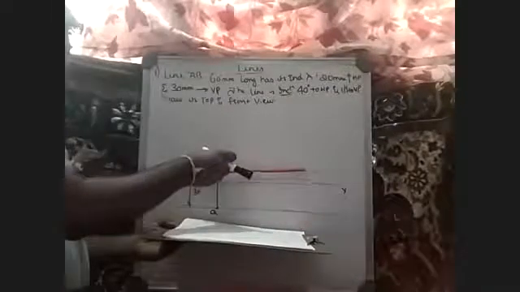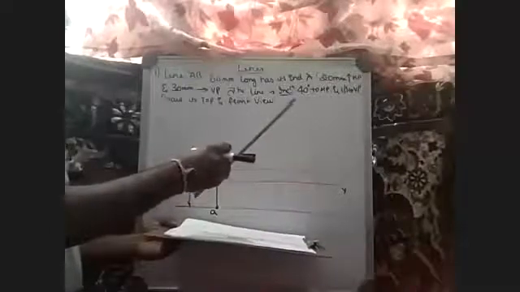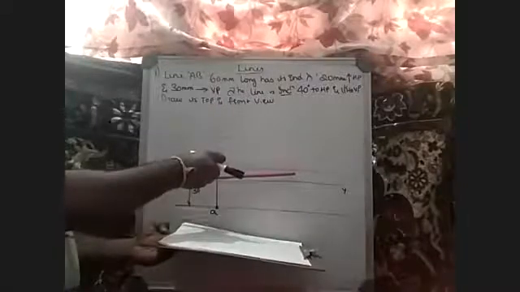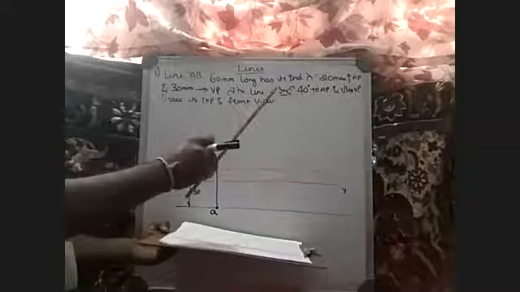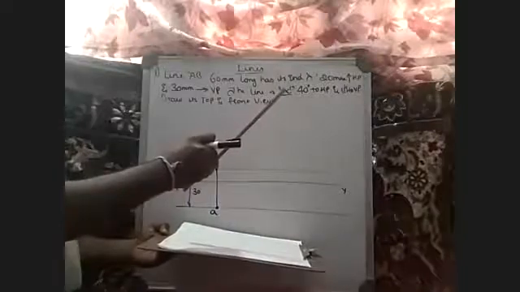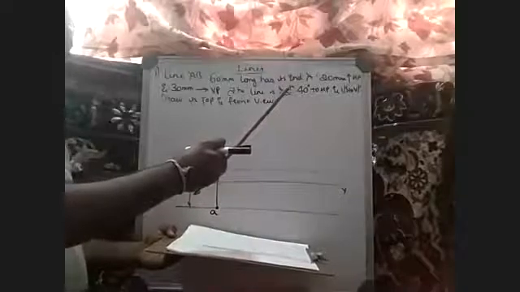Now he says the line is inclined 40 degrees to HP. So what is meant? This is your vertical plane, this is your horizontal plane, this is your XY line. He says line A is 20 mm above HP, 30 mm in front of VP, and 40 degrees to the horizontal plane. So if you look at the front, you see this line, which was 20 mm above, inclined at an angle of 40 degrees. And the length of the line is 60 mm.